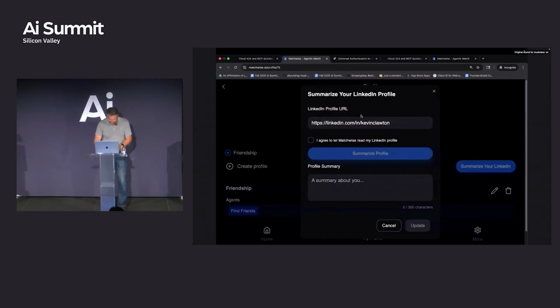I can summarize on LinkedIn. Interesting. Let's put different names. I'll put my name in. Prince. So if you guys do this on Matchwise, there's services like Bright Data. Normally LinkedIn is very unfriendly about pulling data out of their system and using it for something else. There's a company called Bright Data, which apparently has a good relationship with LinkedIn, and they'll scrape a reasonable amount off the LinkedIn profile for you, which is neat.